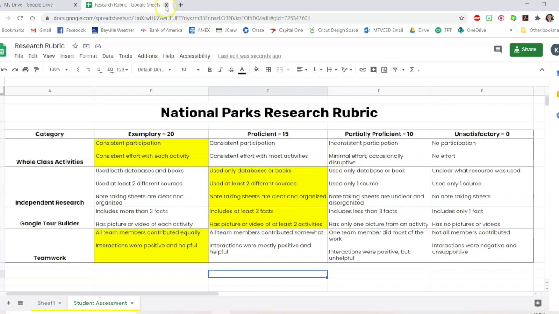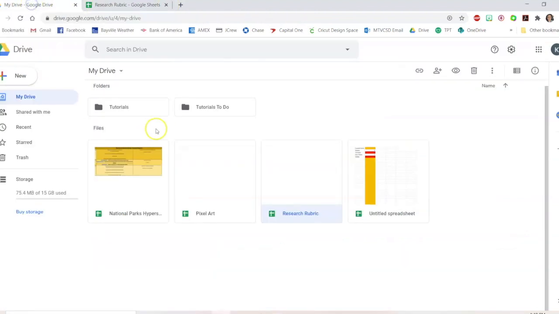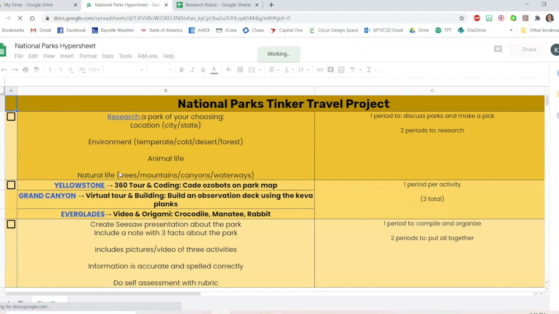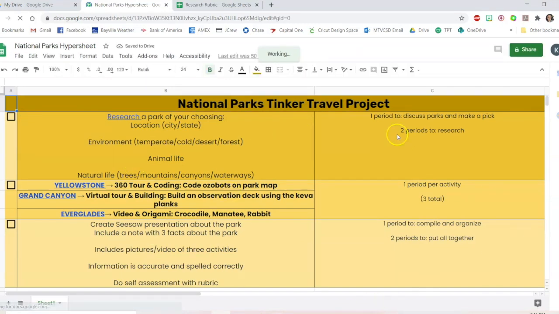You could also use Google Sheets as an interactive resource list for students, with links embedded into it to outside resources or other pertinent documents and sheets in your Drive. So you could set up, similar to a HyperDoc you might set up with Google Docs, a HyperSheet where you have different aspects of a project denoted